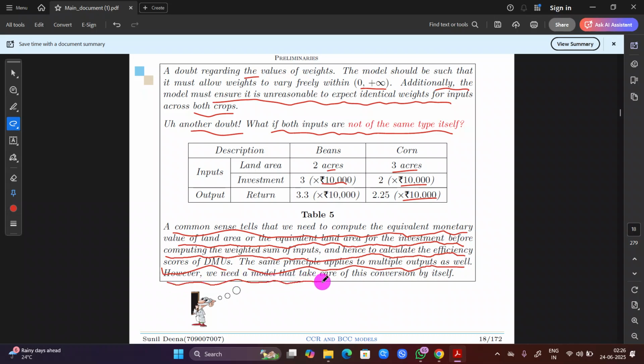However, we need a model that takes care of all this conversion by itself. If we had a model that automatically takes care of type and unit and everything, and gives the weight by its own, and everyone should accept that result,